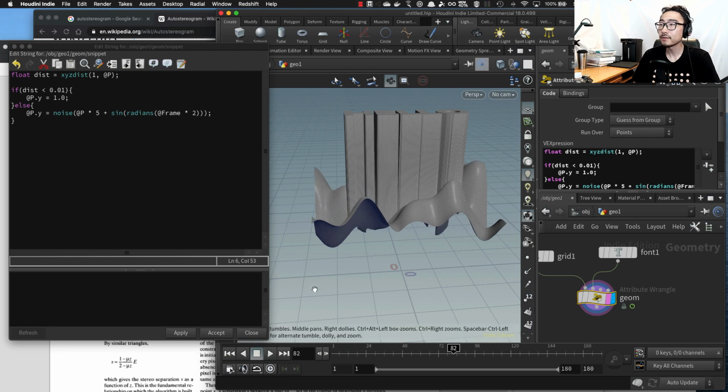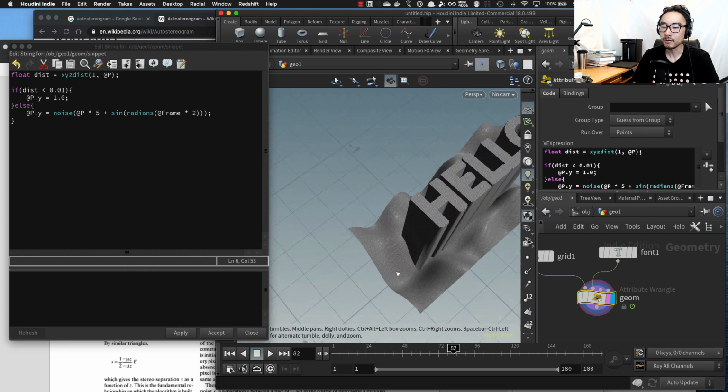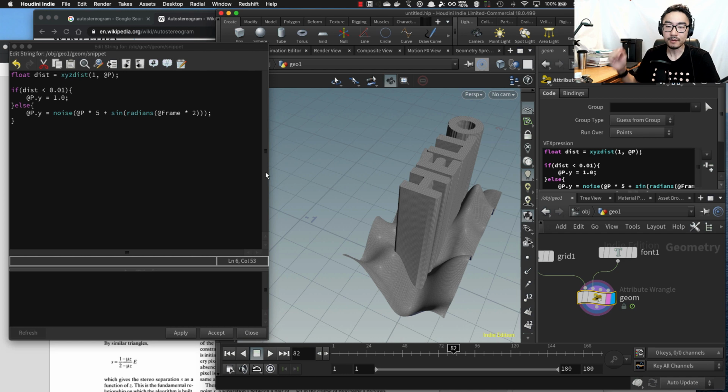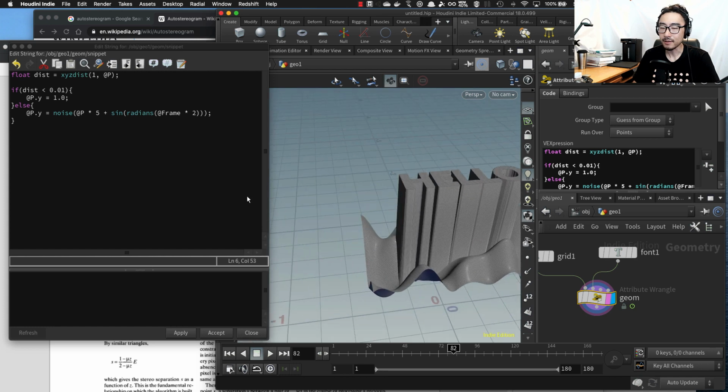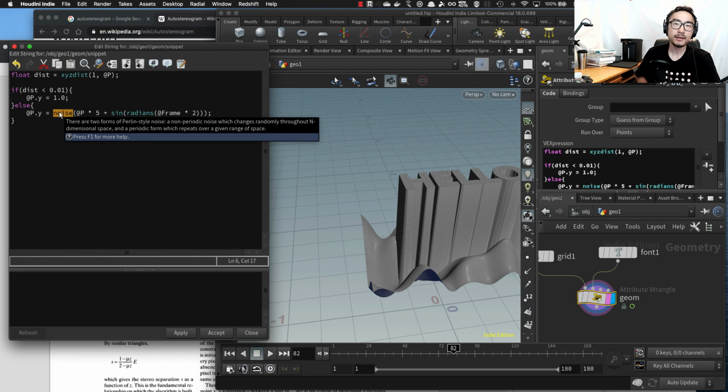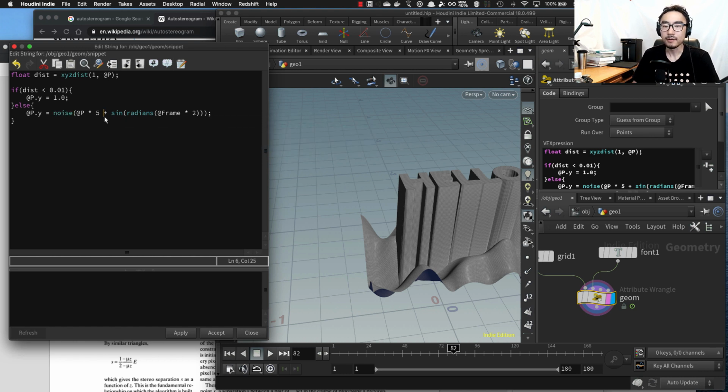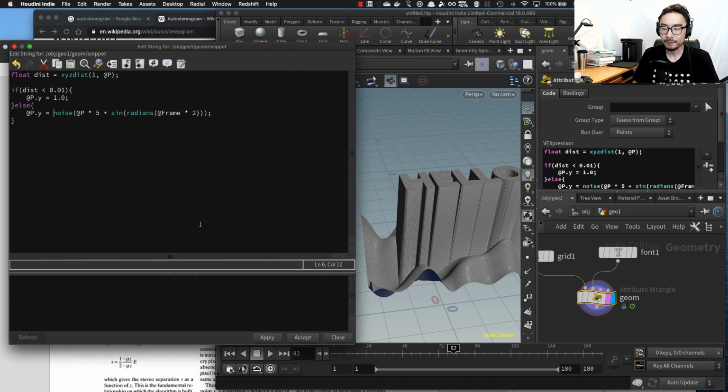Okay, so far so good, but the height of this wave is a bit too low compared to the hello, so let's also change the range of this wavy height. Since I am using a noise function, theoretically the minimum value is 0 and the maximum value is 1, but it often goes from 0.25 to 0.75. So let's remap this value so that the range goes from 0 to 1 with a bigger chance. I'm going to use a fit, and set 0.25 to 0.75 to 0 to 1,